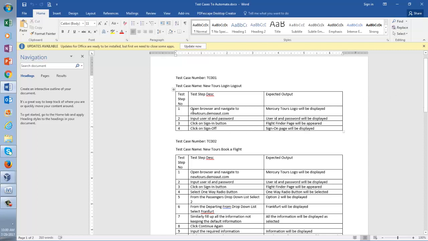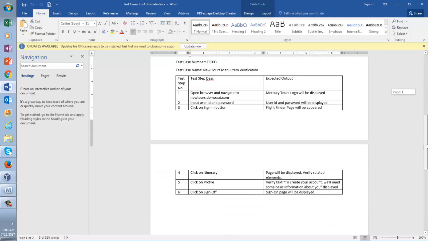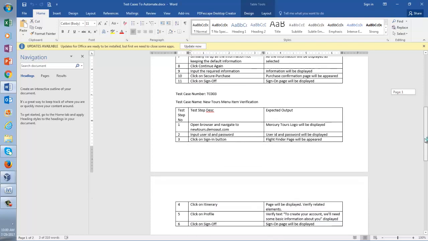What is that common thing? Open application, open browser. Yeah, and input user and password, and then click the sign in button, sign on and sign off. These things are common, right? And other than that, in test case 2 and 3 we have some other functionalities, right?